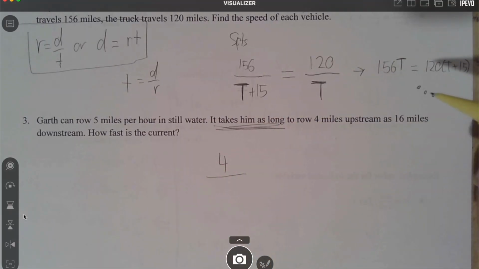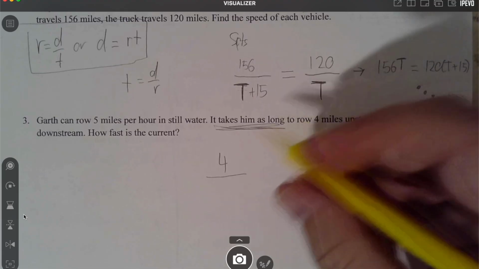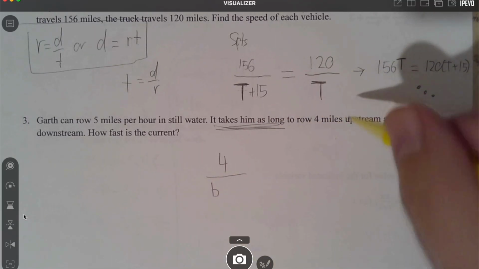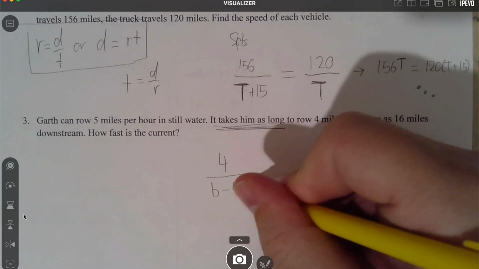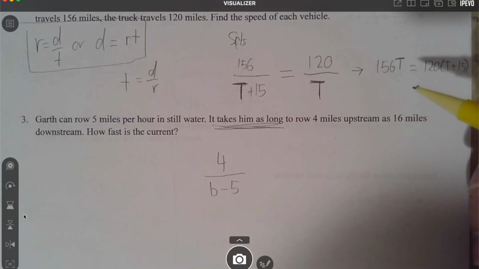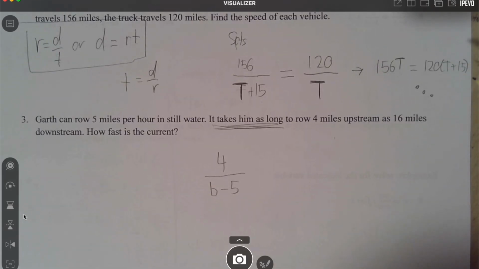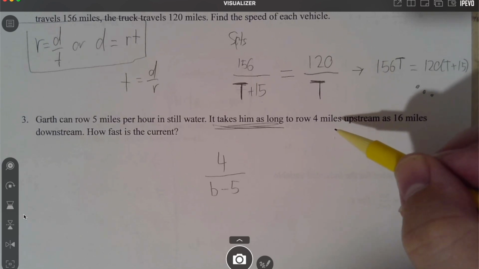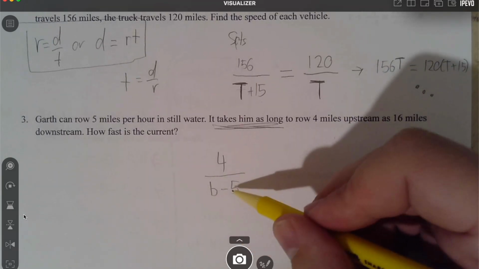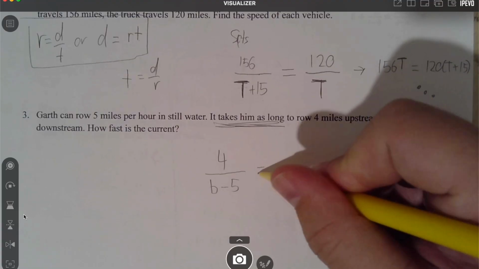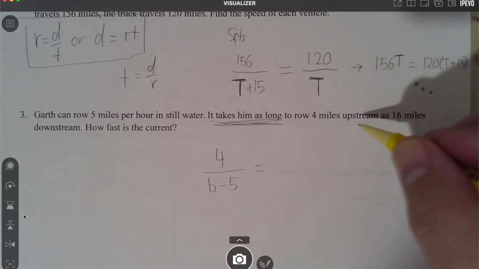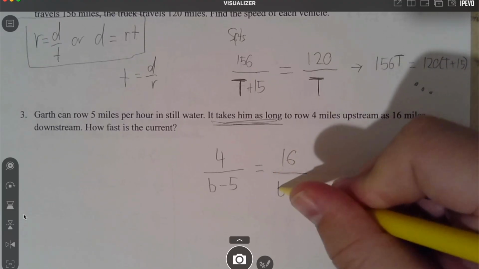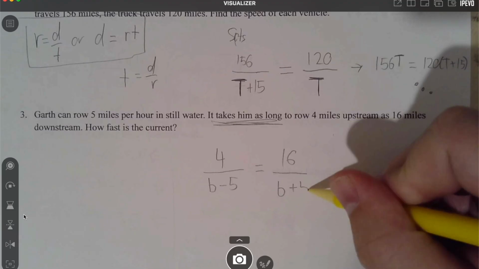If you remember this kind of plane problem from a while ago, the rate would be his boat speed when he's going upstream minus 5 miles an hour. In other words, when he's going upstream, he's going against the current, so however fast he's going, he has to subtract 5 in order to cover that distance. When he's going downstream, he obviously goes a lot farther and faster because now his boat speed is being added to